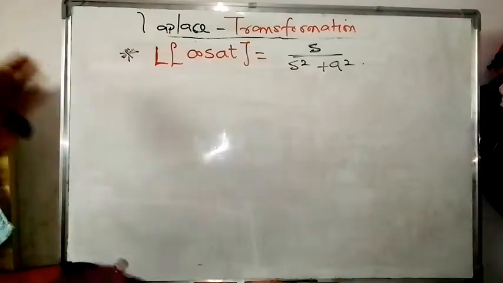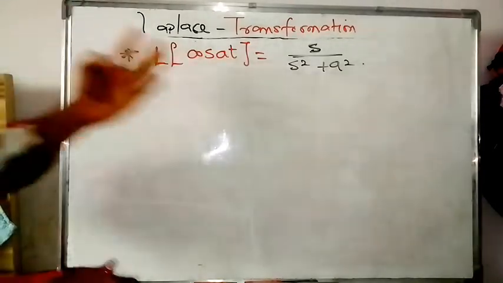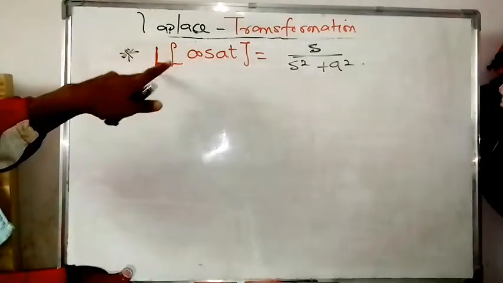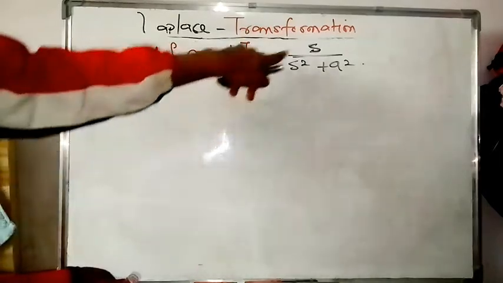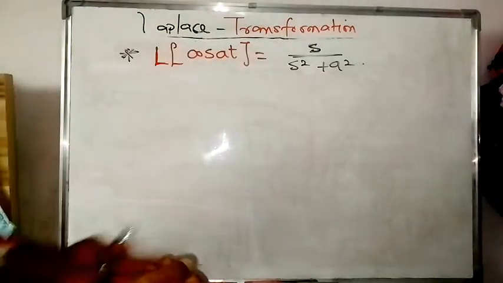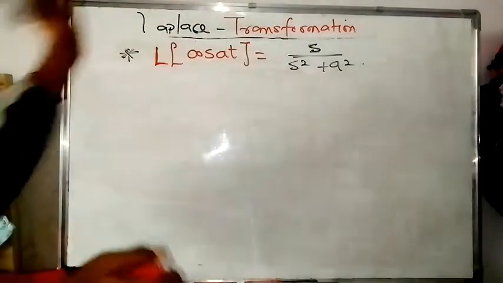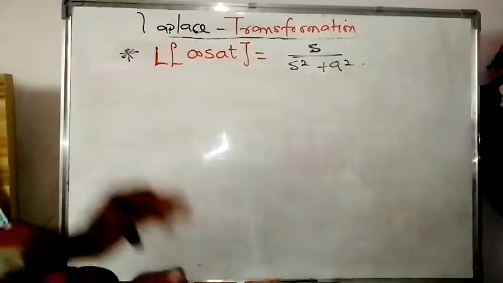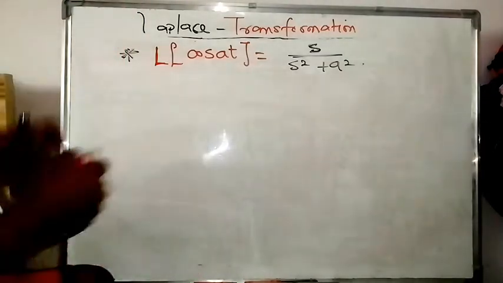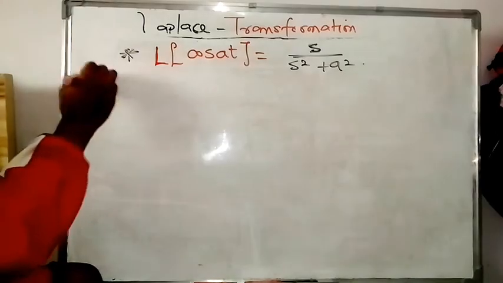After a long process of mathematical calculation, this is our conclusion that the Laplace of cos at is equal to s divided by s squared plus a squared. So now let's take an example. It's very easy, so you get familiar with it. Example 1: